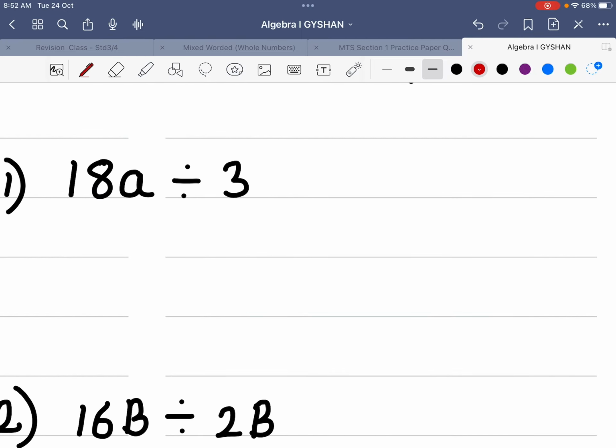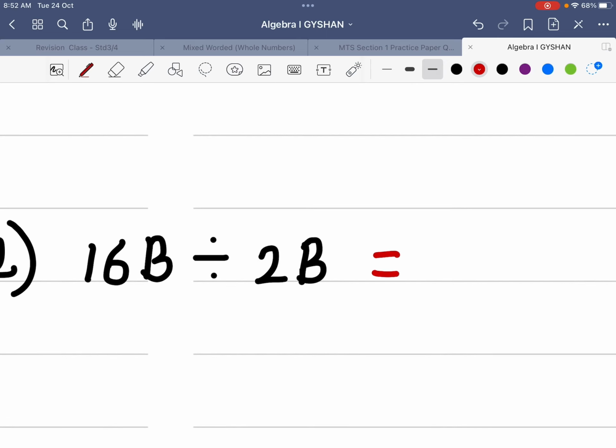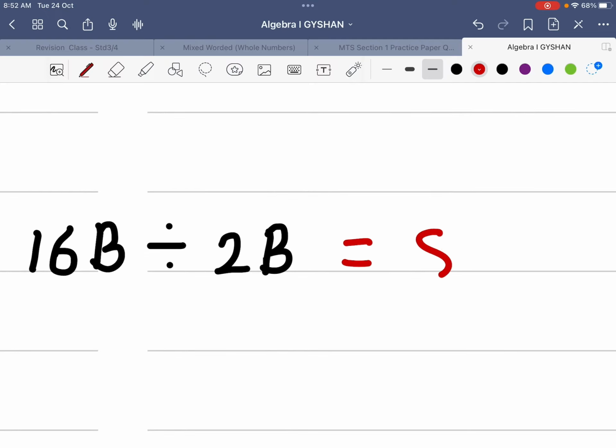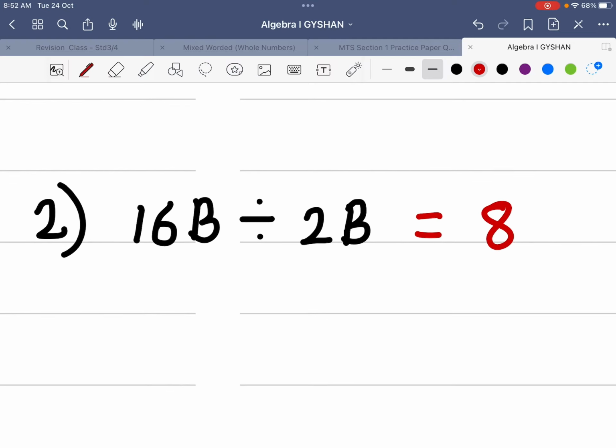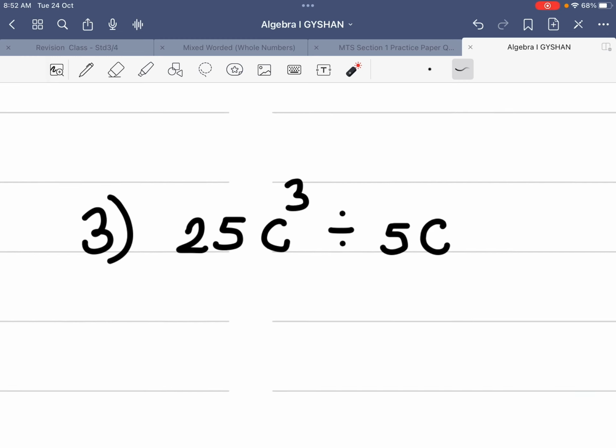18 divided by 3 is 6, so that's 6a. 16 divided by 2 is 8. If we divide, we will get one of the b's on top cancelling one of the b's below. Number 3,